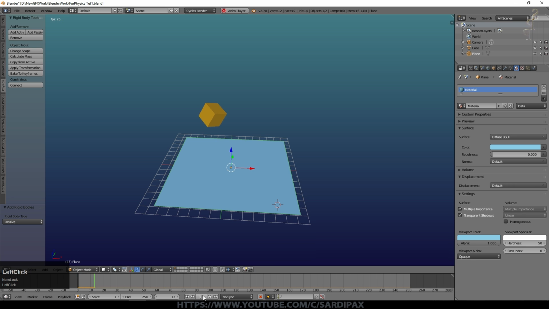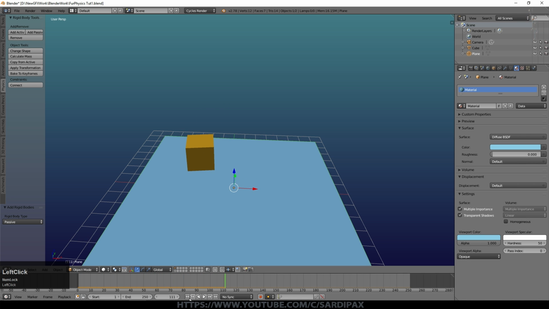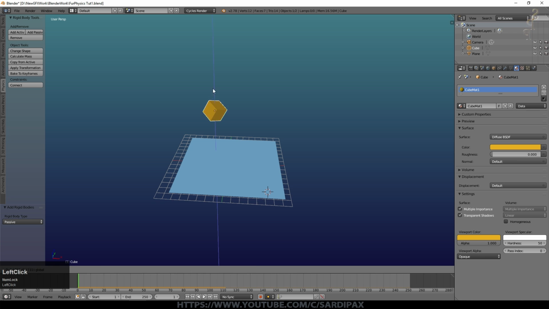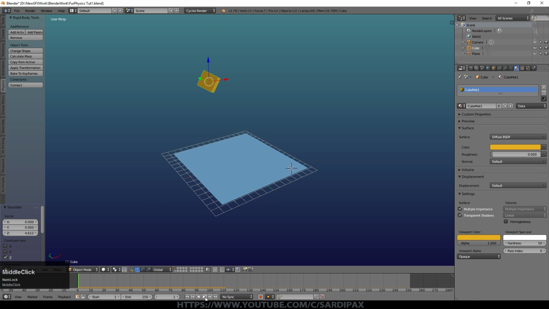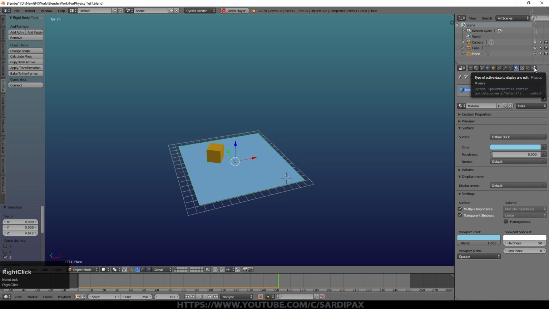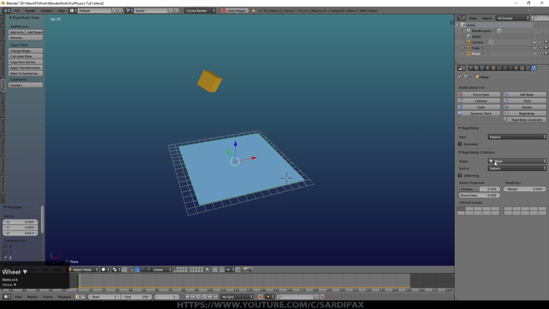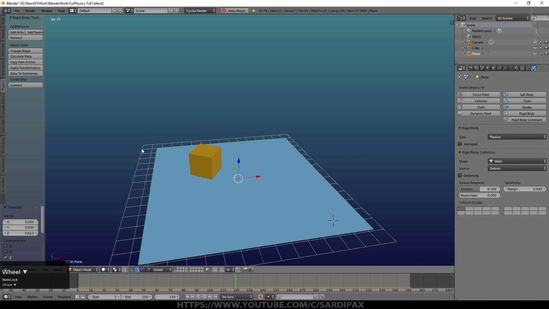So now when I press play, my cube bounces off that surface. And perhaps I'll make it a little higher, just to give it a bit more force. And there we go. And there are a few parameters that we can change. If I come over to the physics panel for this object, one of the things we can do is change the way that Blender works out where the collision is. So mesh means that whatever the shape, it will follow that. Now this is a very simple object.